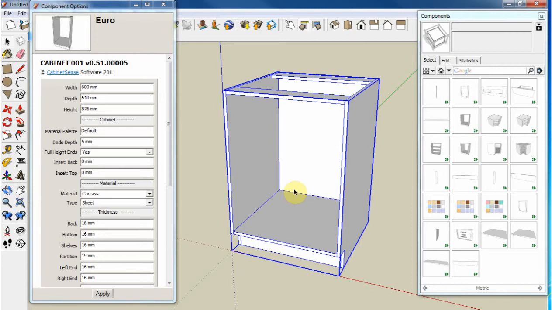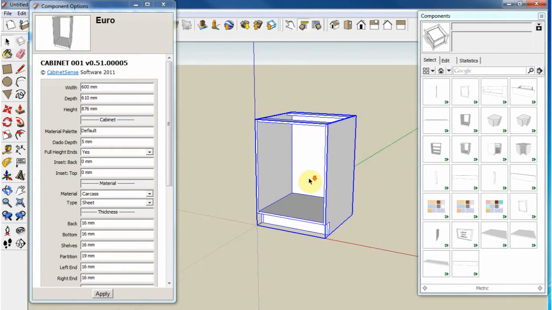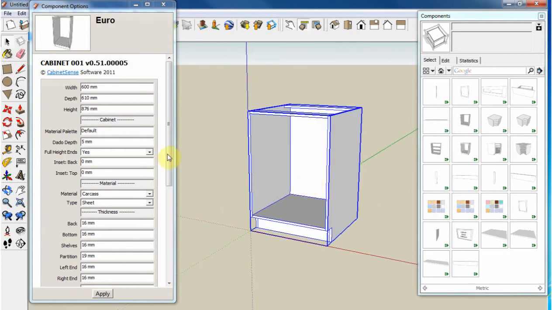Welcome. In this segment, we'll take a look at the cabinet and the attributes that go along with it. In CabinetSense, there's no difference between a base cabinet and an upper or wall cabinet. You can turn one cabinet into either. However, some of the naming conventions more strictly apply to a base cabinet, but you can use it for other